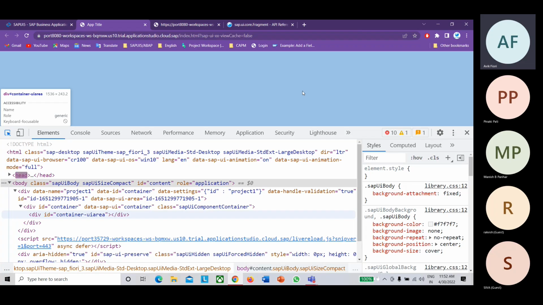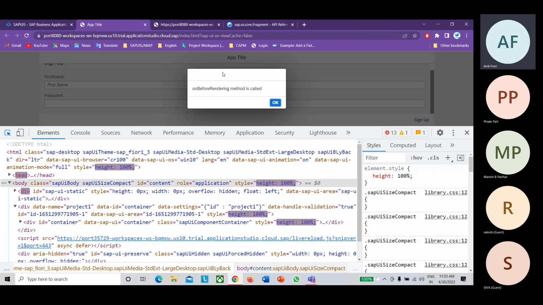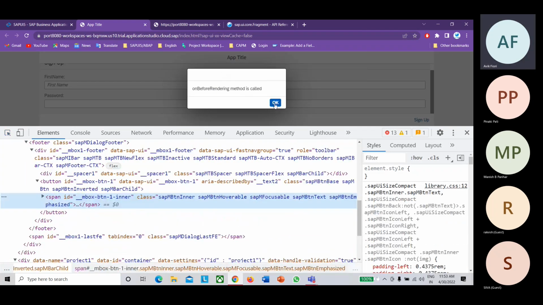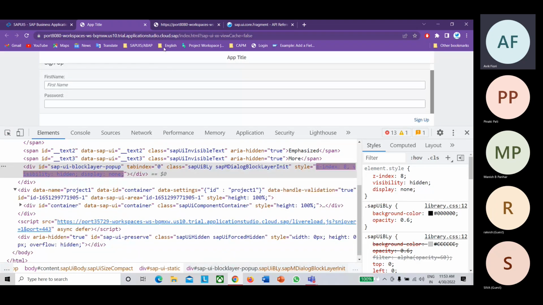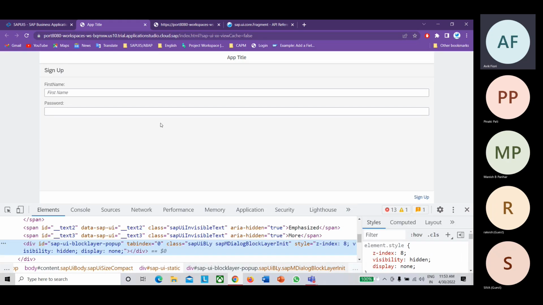For every view, for example, if I'm loading the fragment file for this registration page, this registration page ID will be prefixed to the fragment's ID. And for the login page also, the login page ID will be prefixed to the fragment's ID. That's how the controls are made unique, so you will not face any duplicate ID issues. Guys, is this clear?